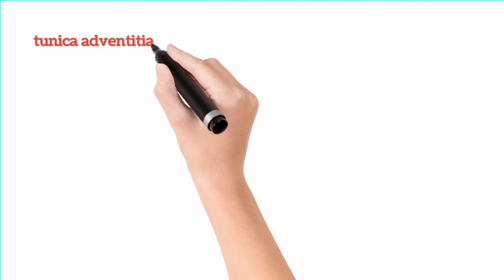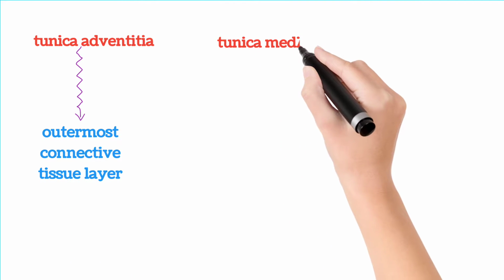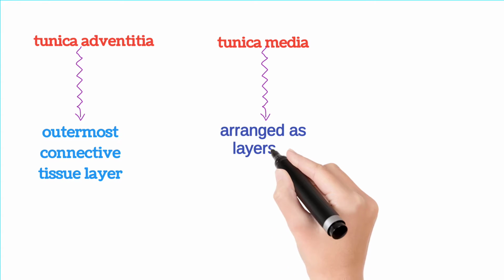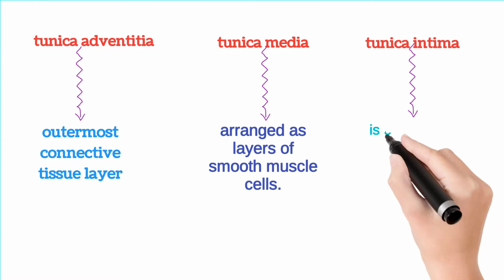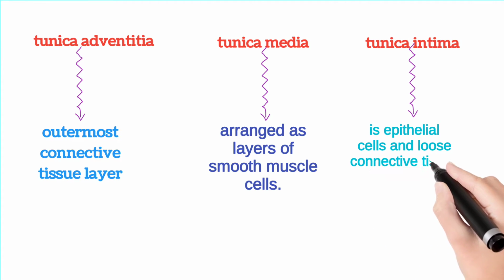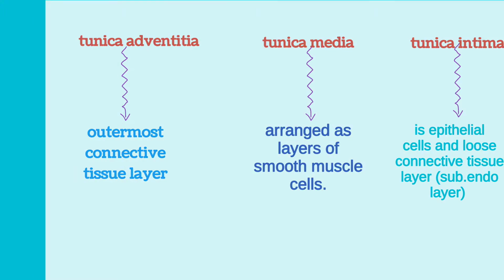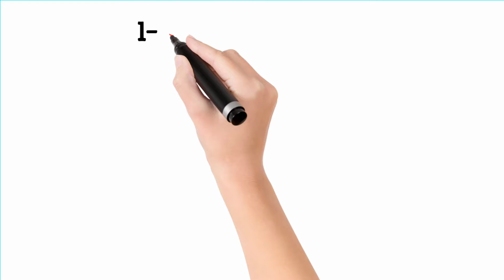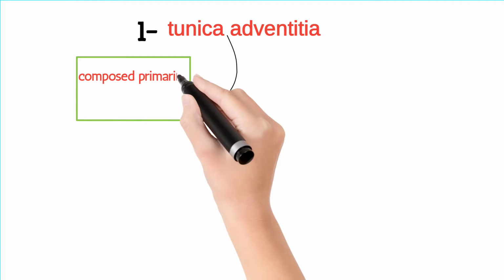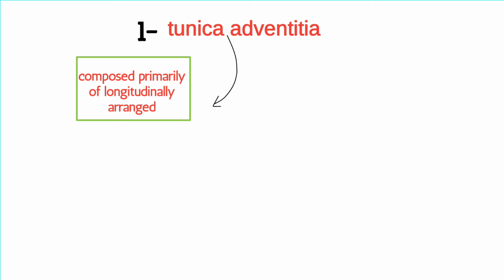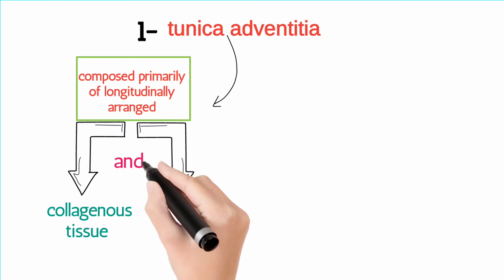Tunica adventitia, the outermost connective tissue. Tunica media, arranged as a layer of smooth muscle. Tunica intima is epithelial cells and loose connective tissue, as the subendothelial layer. The first layer from outside is tunica adventitia, composed primarily of longitudinally arranged collagenous tissue, and a